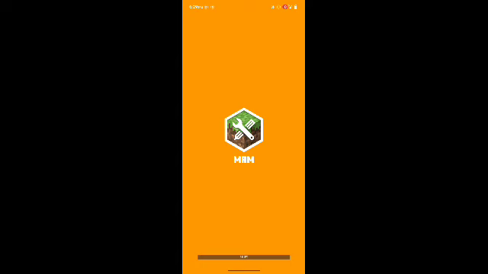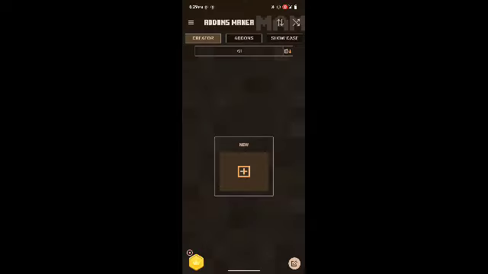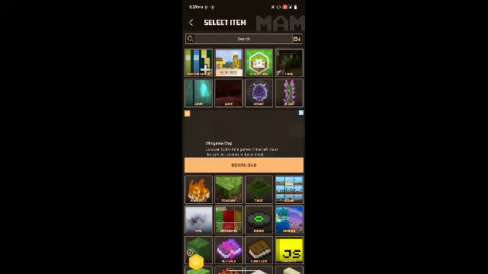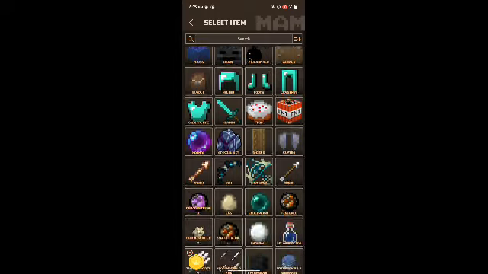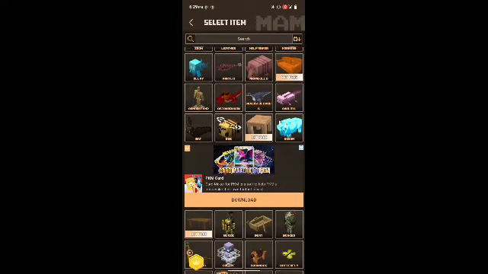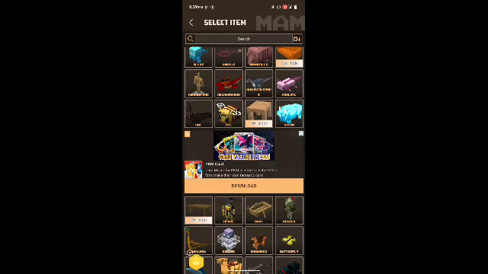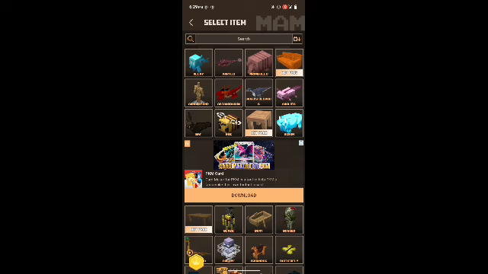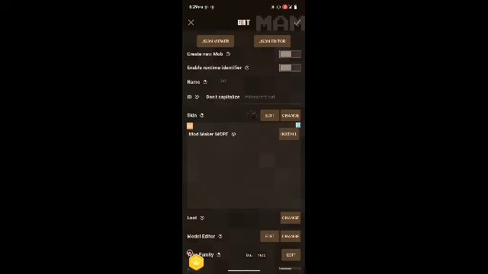It takes a few seconds to load. Now you're gonna click the plus button and scroll down and pick a mob you like. Mine is bat because I am scared of that.